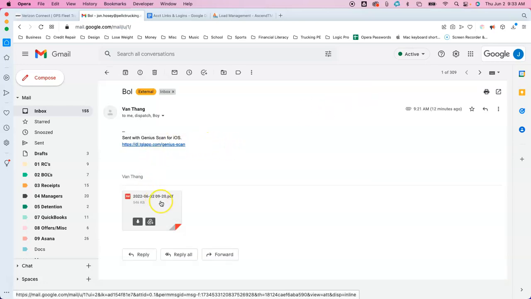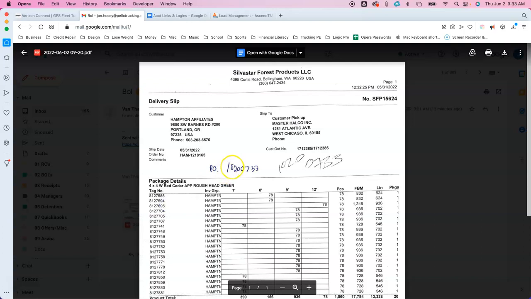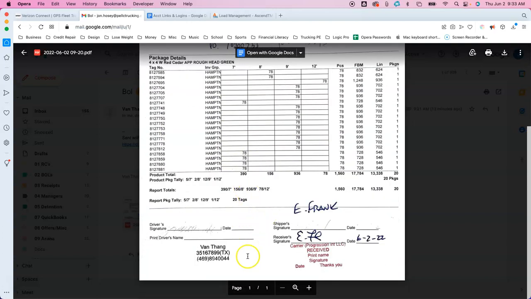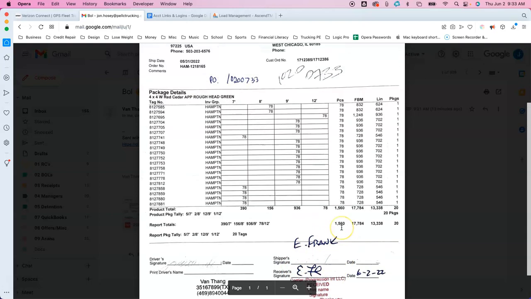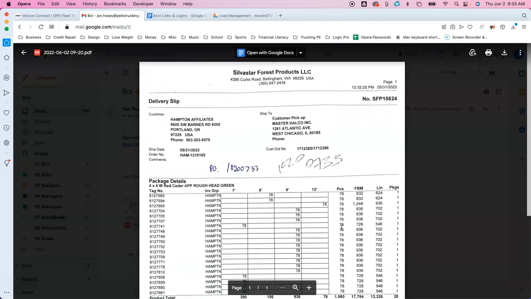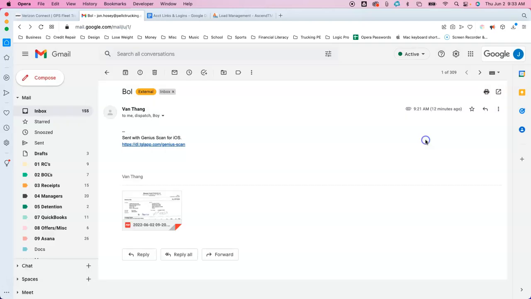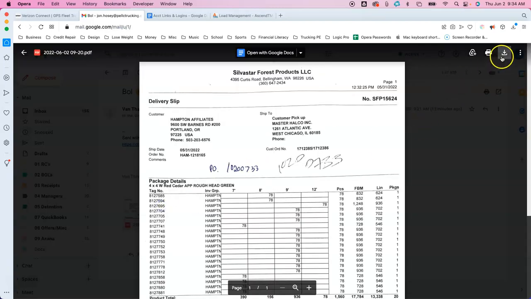Okay, so this is the document that we received, and you can see this is the driver information, and this is our receiver information right here. Okay, and then so everything is in order, and here we go. So what we'll do is we'll just download this document,